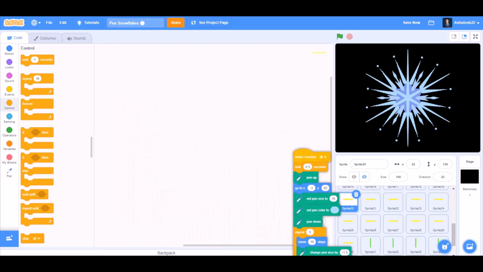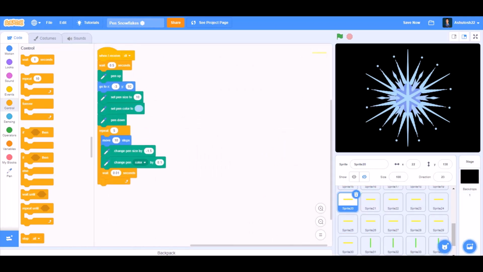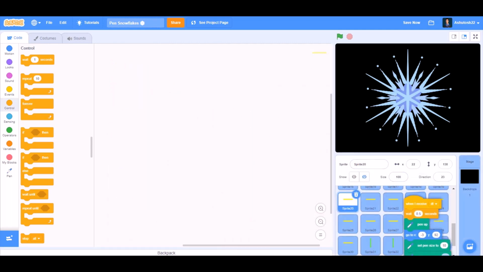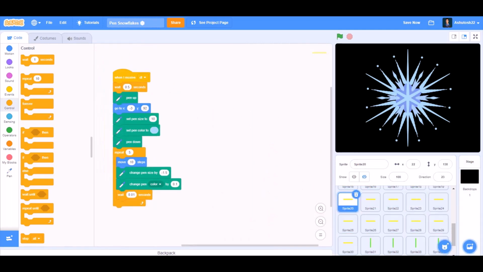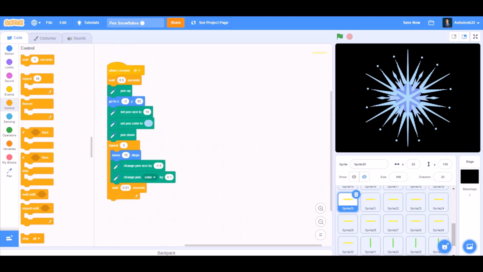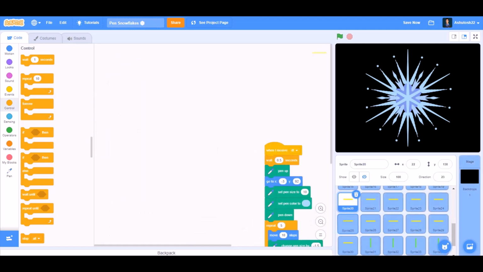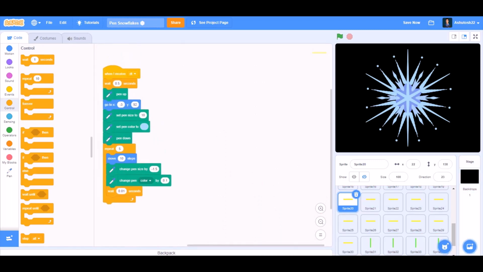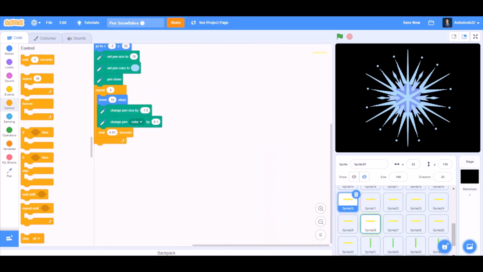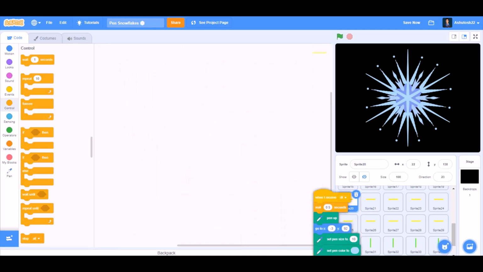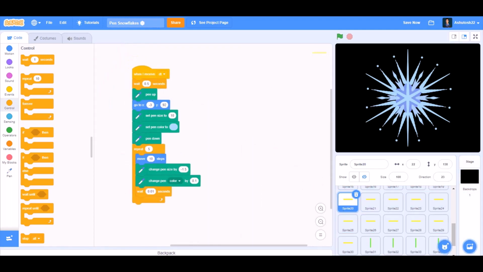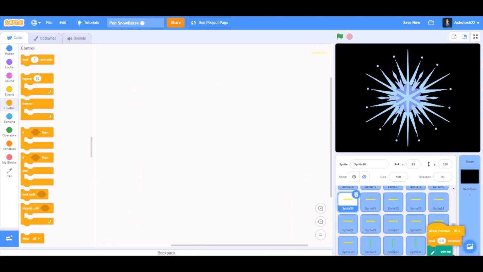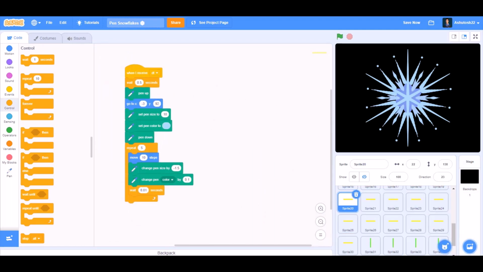Like this, we'll change the values to the third one, to the fourth, the fifth one, sixth, seventh, eighth, ninth, 10th, 11th, 12th, 13th.